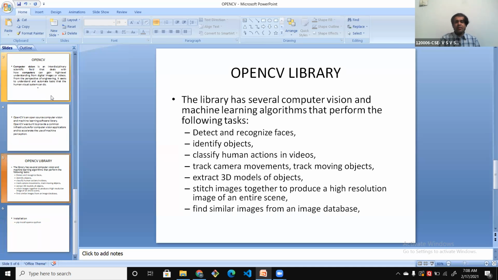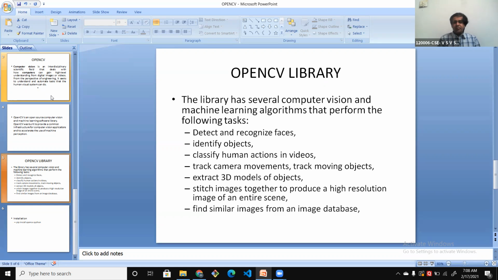Let me show you some examples. Examples like image processing tasks, like correcting images, enhancing the brightness of images, enhancing the contrast of images, or enhancing the clarity of images.